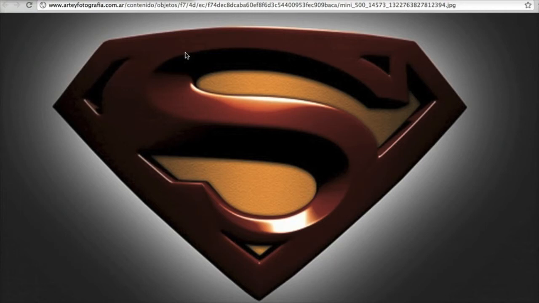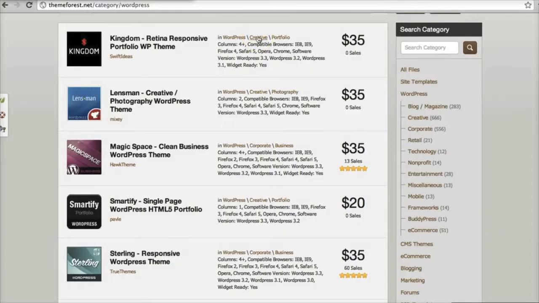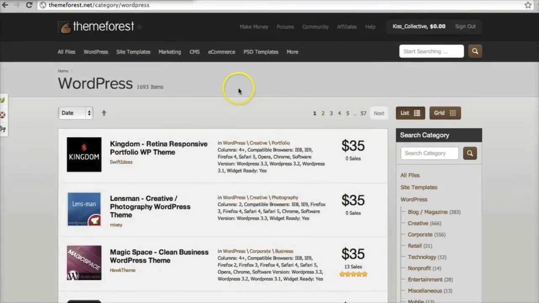I'm going to jump across different websites, look at different things, so bear with me on the ride. So what's a WordPress super theme? In order to answer that, I can only work with what we have, with what we know about WordPress today. And I just want to highlight two dominant models for the development and distribution of themes, because from those models we can then derive the super theme model. What are those two models? The first one is the niche/diversification model, for want of a better word, and I'm here on the WordPress section of Theme Forest.